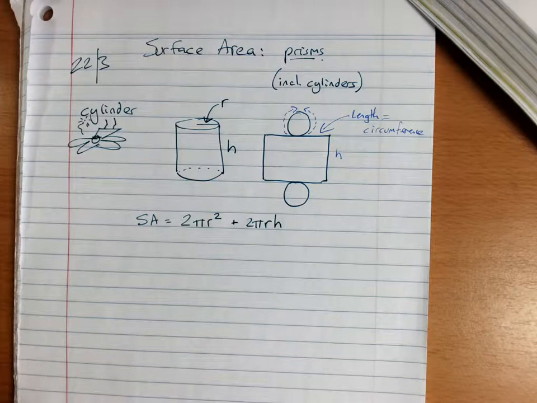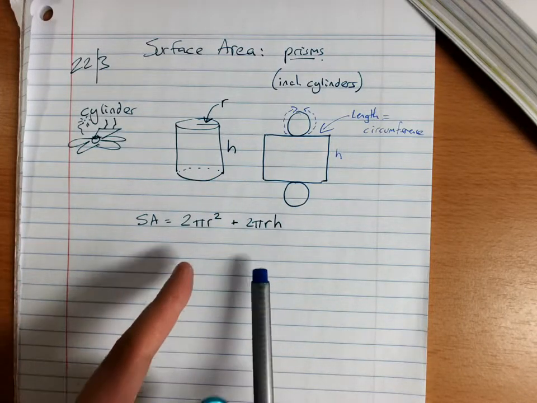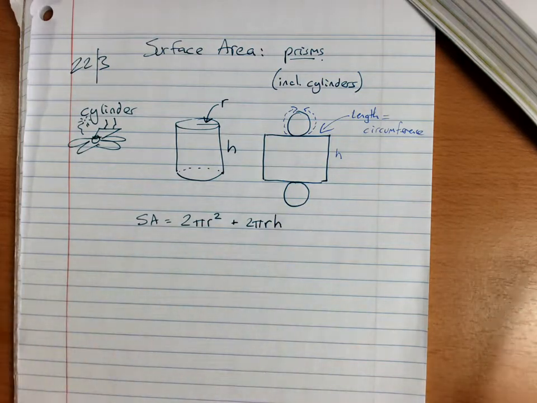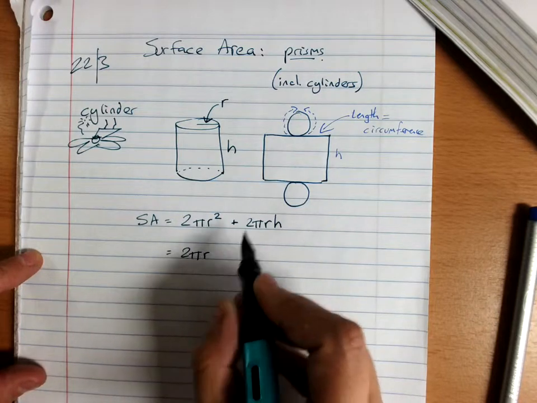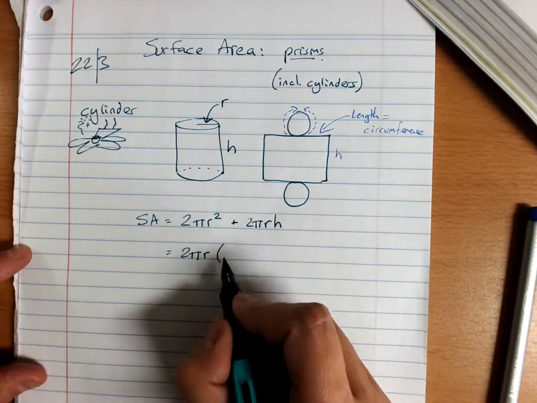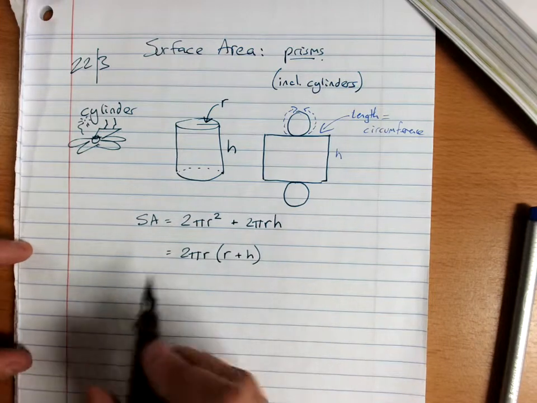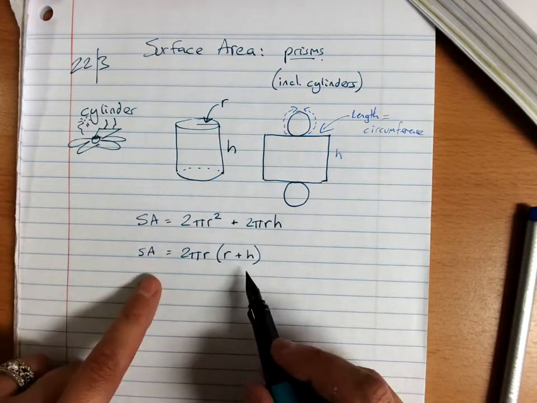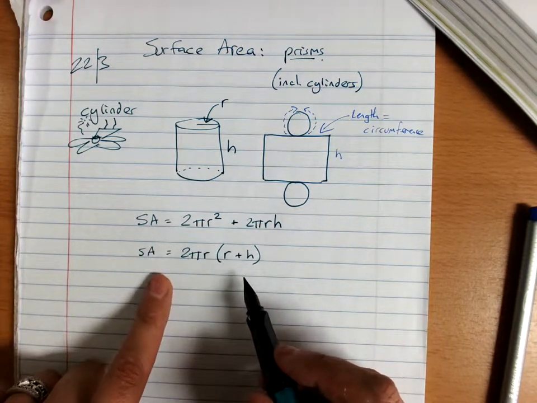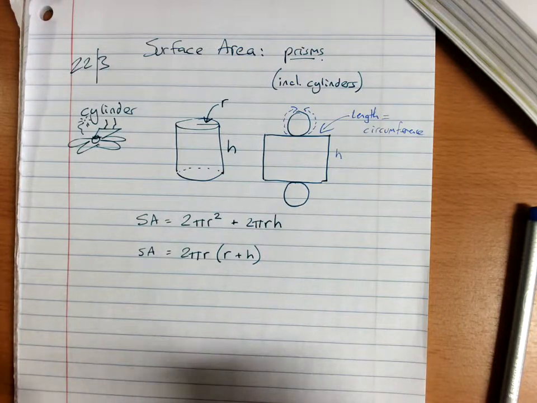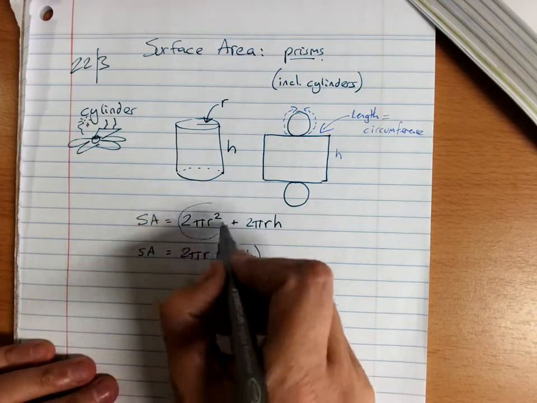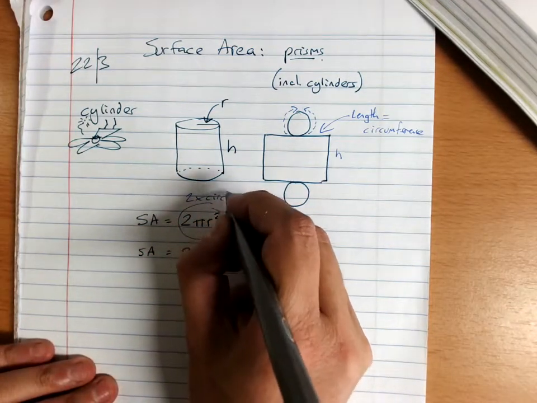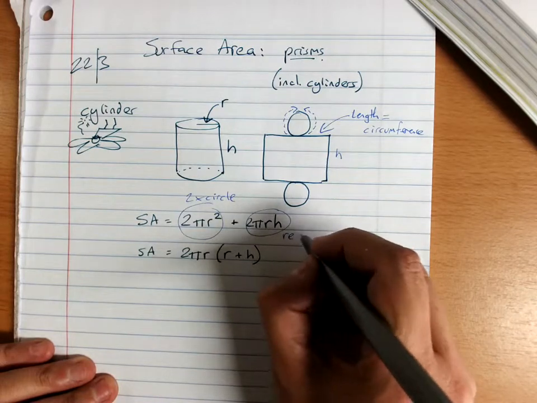We can simplify that formula by factorizing it. What's the common factor between these two terms? So I could have 2 pi r out the front multiplied by r plus h if I wanted. I'm actually not very fond of this formula because it lacks a characteristic that this one has. This part is 2 times the circle, and this part is the rectangle,